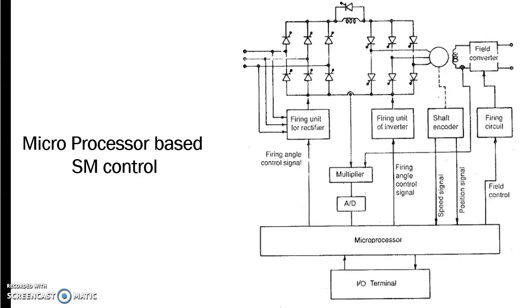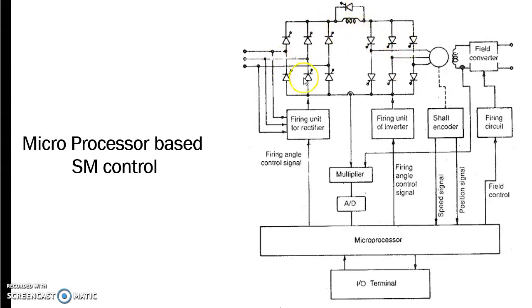You can see the block diagram of a microprocessor based synchronous motor drive. Here a permanent magnet synchronous motor or a synchronous motor you can use, which is fed from a current source DC link converter system or a current source inverter, because here there is the presence of a large inductance. It is a current source inverter fed synchronous motor, which consists of an SCR inverter circuit through a rectifier, operating from a 3-phase AC supply.